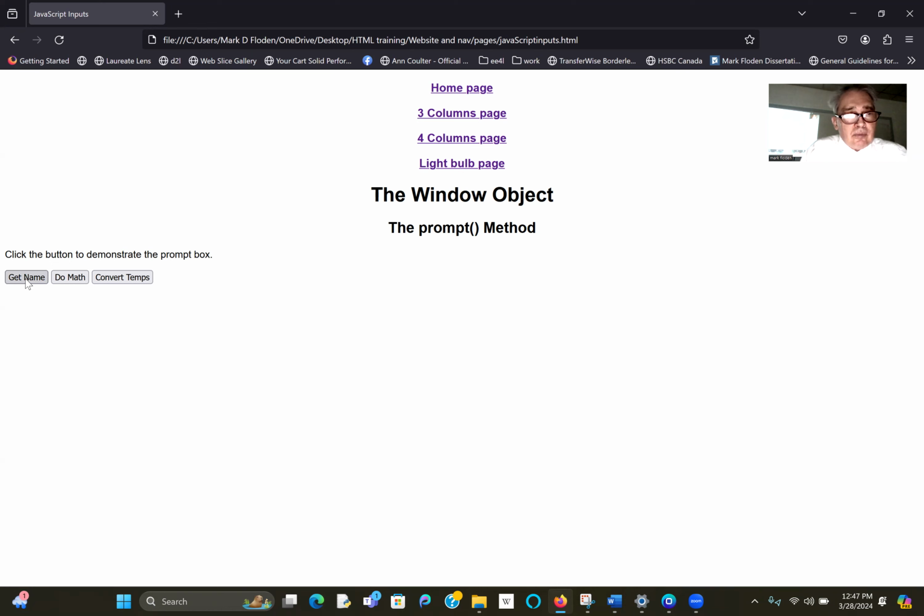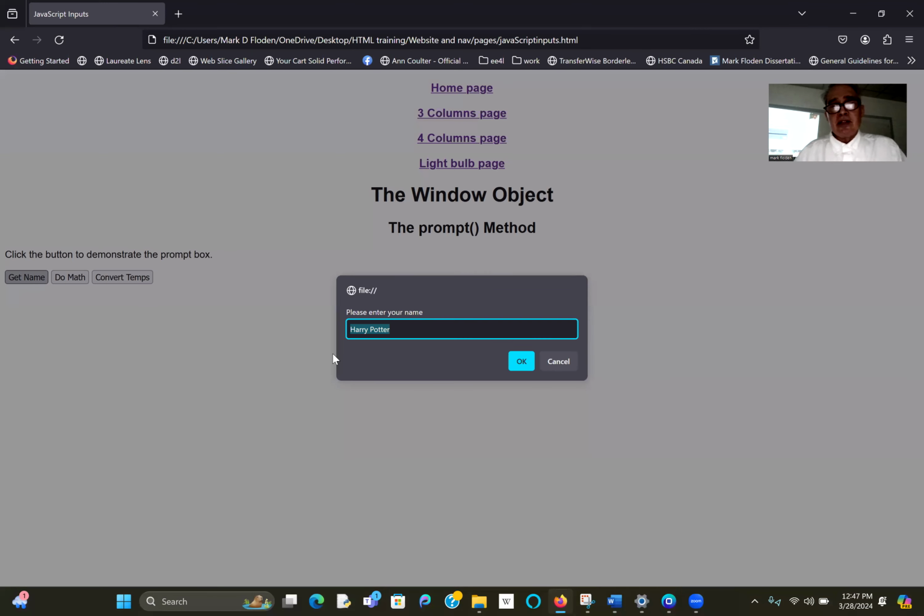focus on. So in JavaScript, you can create buttons, which will then be used to launch a function which you have written the code for. So for example, I'm going to click on this button now, this get name, and this time it actually opens up a window into which I can put some information. I think I showed you this yesterday, but